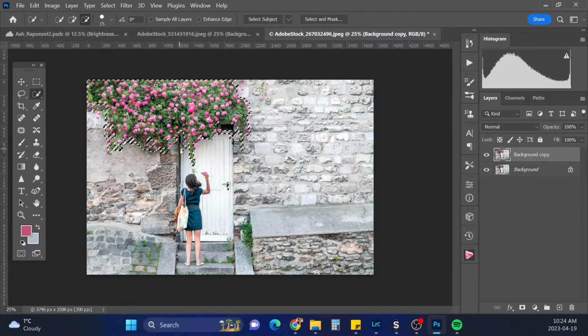Okay, I don't really like the selection around this, so I'll try that again. And I don't like the selection around here either.